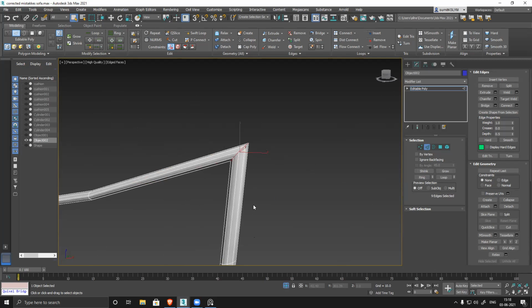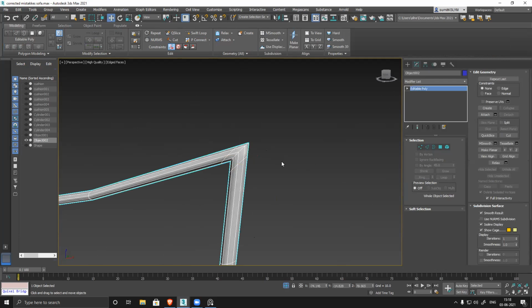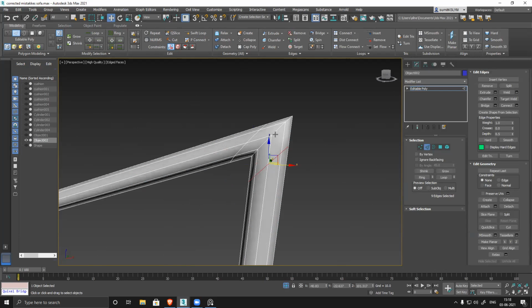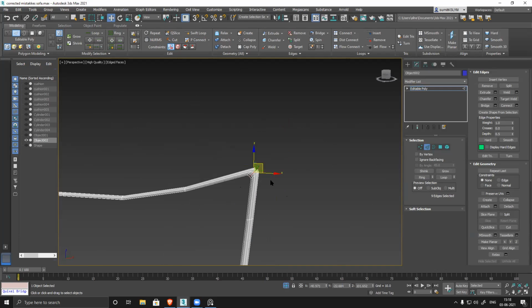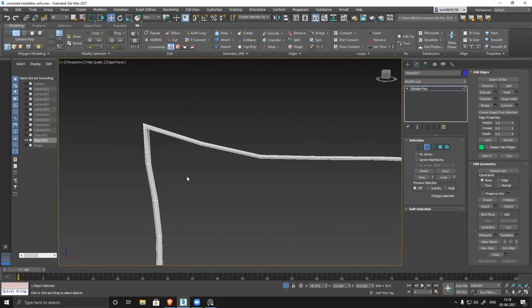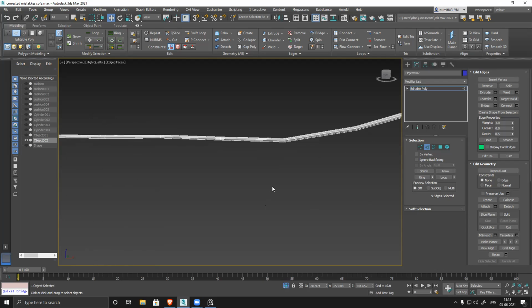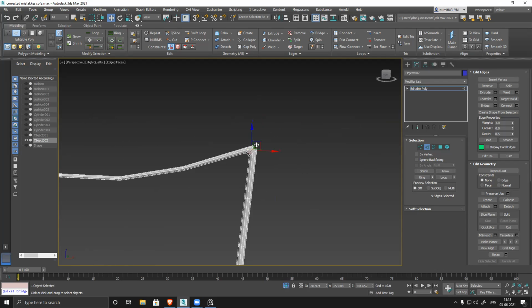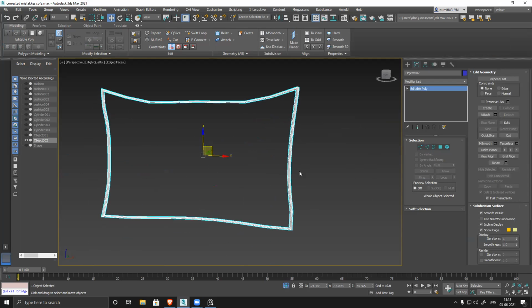So the easiest way to fix it is to use shift loop, like this, in edge mode, and push it inside. This is the easiest thing you can do: add two loops and push it slightly inside, so that edginess will go. So we should go one by one, right? Yes, one by one, because if you do it together, it creates issues. Okay, so you can do it one by one.